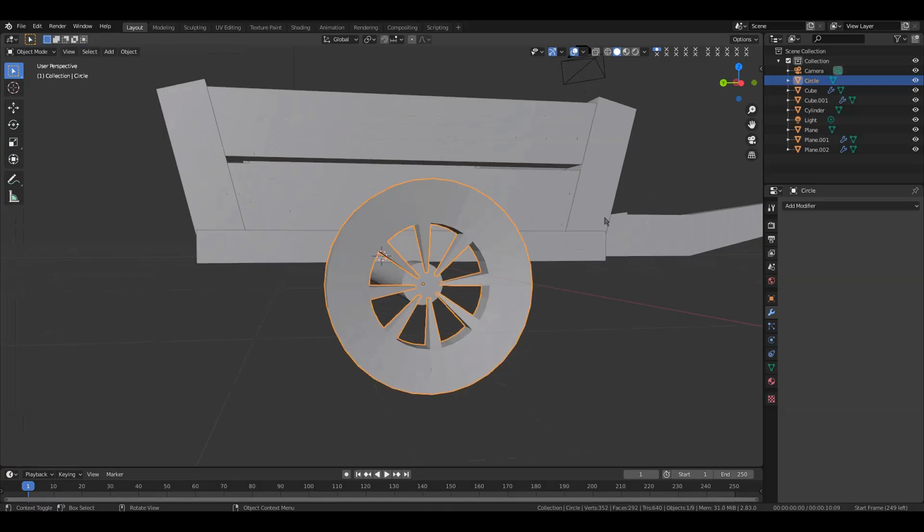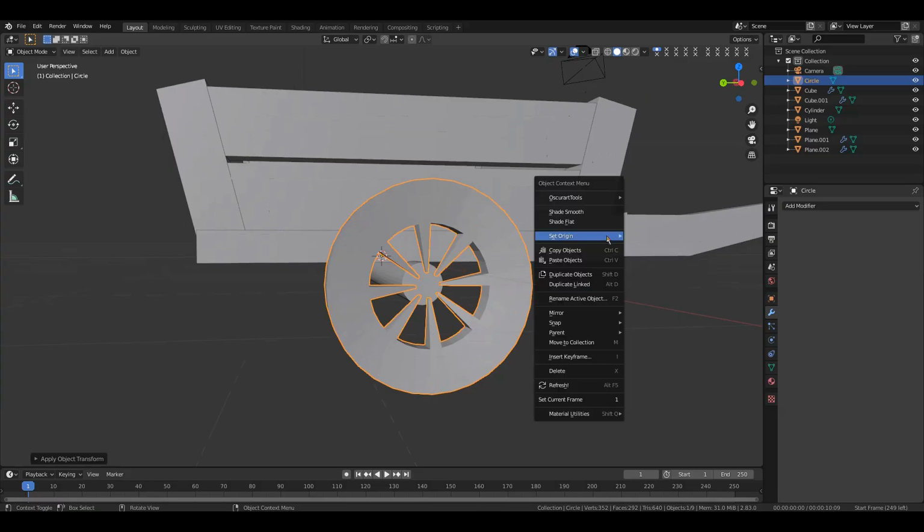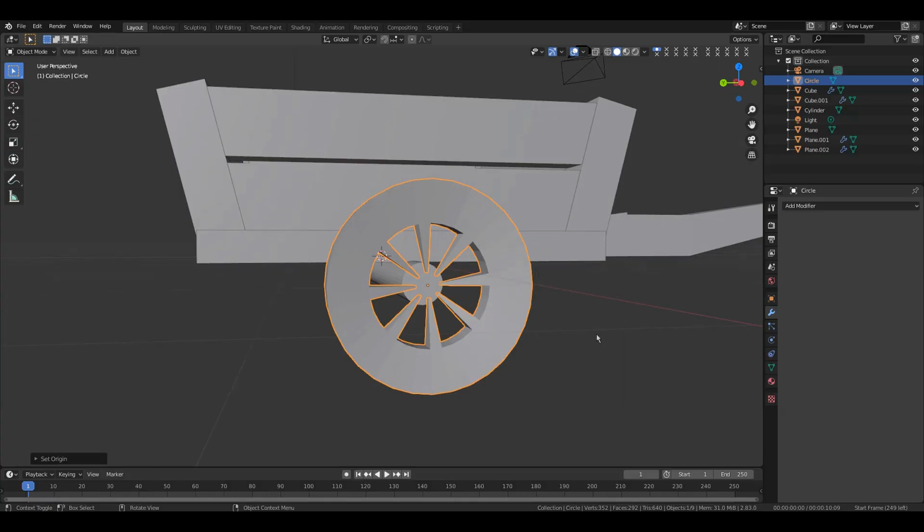Now press Tab to switch to object mode, then press Ctrl A, then select apply all, then make a right click and set its origin to geometry. Now select this cylinder again,